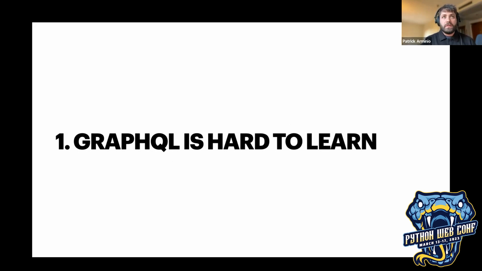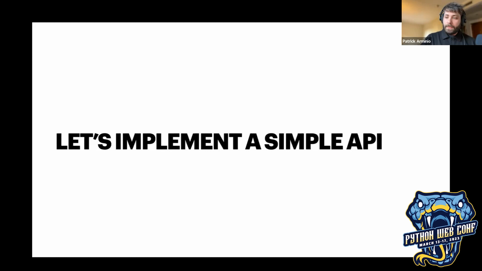For example, at Apollo, we have a course called Odyssey, which is really good, and it helps you to understand how GraphQL works on both the server side and the client side. And also on top of that, the ecosystem has grown a lot. I mentioned that Strawberry was created to make it very easy to work with GraphQL in Python. And I think we managed to get a library that's very easy to use, but also very powerful at the same time. And there's also other solutions for client and even for server in Python. So the ecosystem helped a lot with that as well.